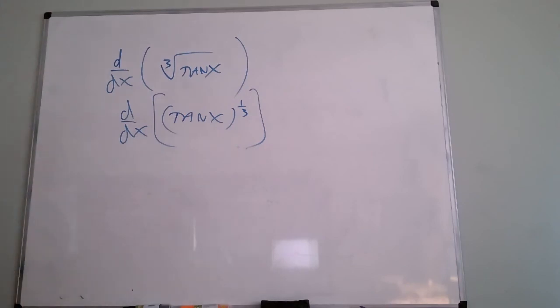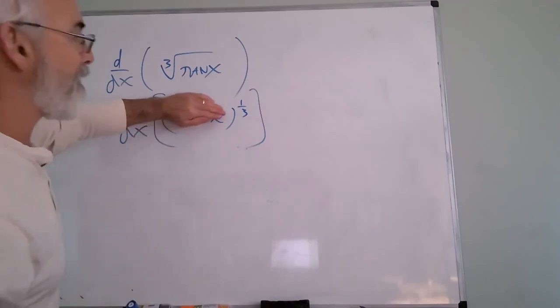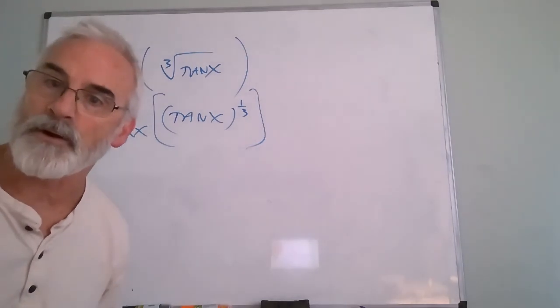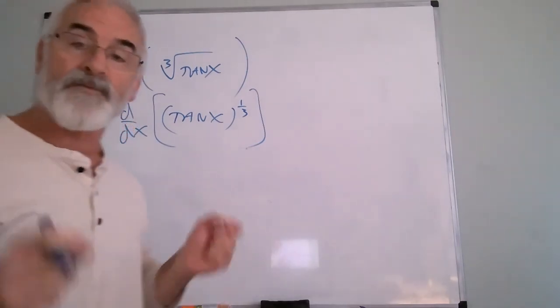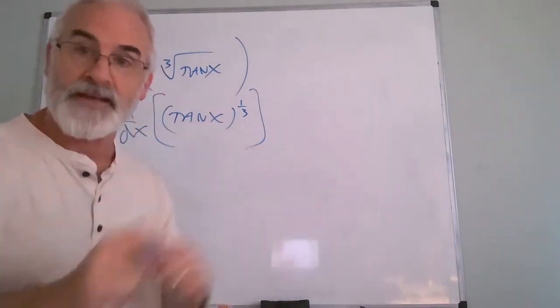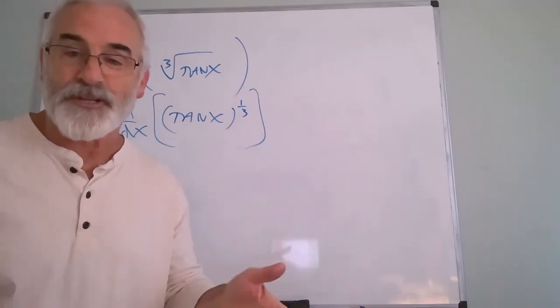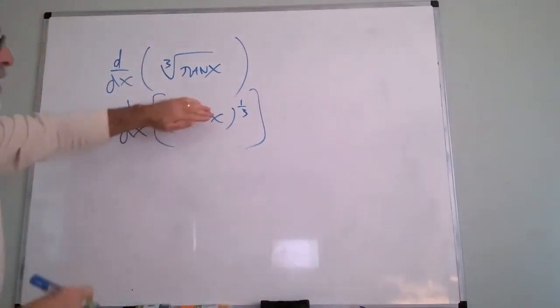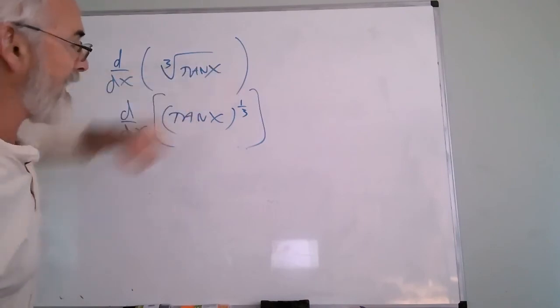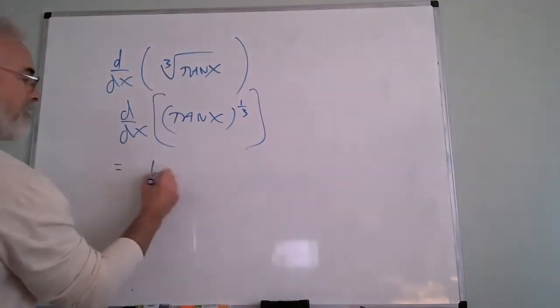Okay, that makes it a little easier to interpret. I have something to the 1/3 power. So according to my formula, this is of the form u to the n. Now, I'm not going to change it, but that's the form. This is my u, that's my n. So my answer should be 1/3